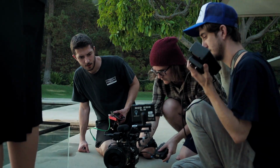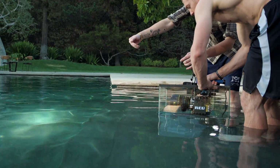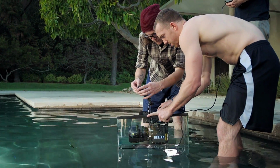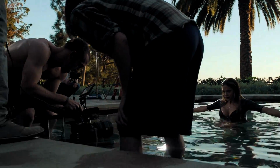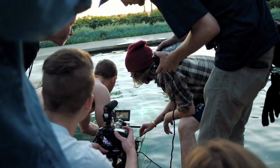This is probably the most stressful shot of the day. You have to imagine that's a $50,000 camera with a $25,000 lens and a $12 fish tank. I bought a $15 fish tank from Petco to get these half underwater shots. This literally gave us an underwater shot for $12, but it was mildly stressful because